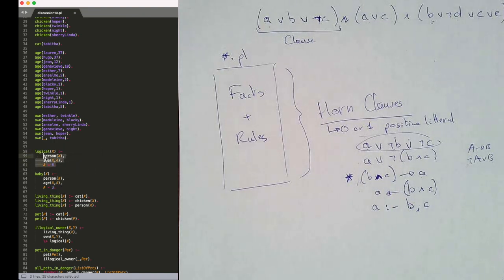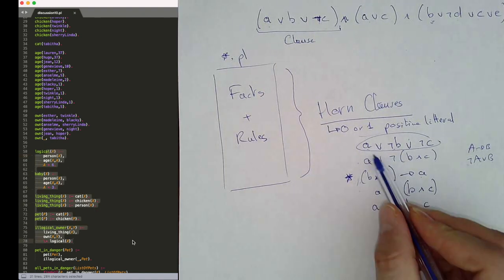So you can either read them the way I did: if X is a person and A is the age of X and A is greater than 6, then X is logical. Or you can read them linearly, the way it's written in Prolog, which is X is logical if X is a person and so on. Okay, so these are basically just Horn clauses. These are all Horn clauses